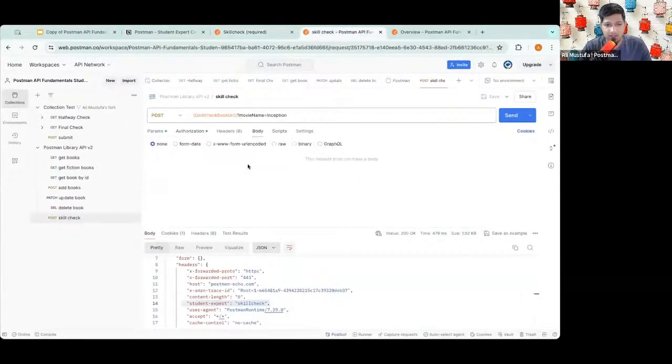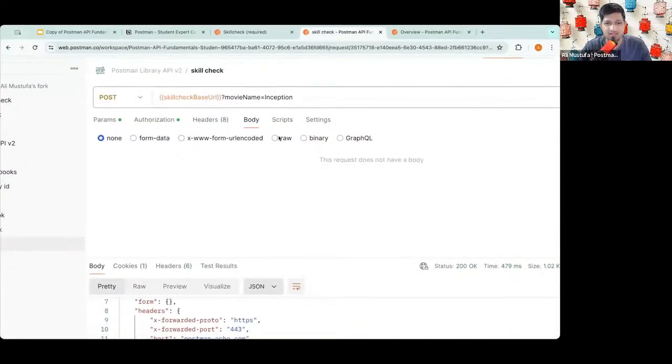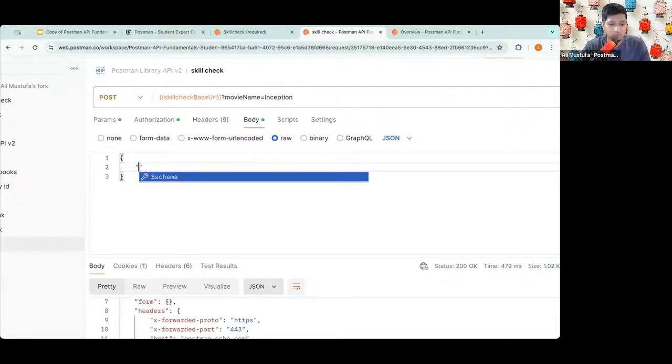Now in the body, I'm not just going to obviously add it there. I need to make it JSON. So in the body from none, select raw and make sure it is selected to JSON. And then open the bracket and close the bracket because it's a key value pair. Remember that? Add double quotes and add the actor name. So that's the key. What's the value? The value is going to be the actor from the movie which you selected. You also have to encapsulate that in double quotes.